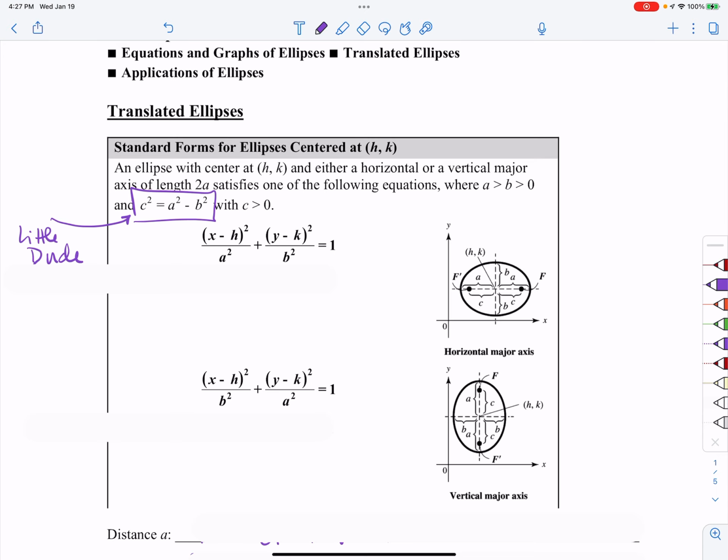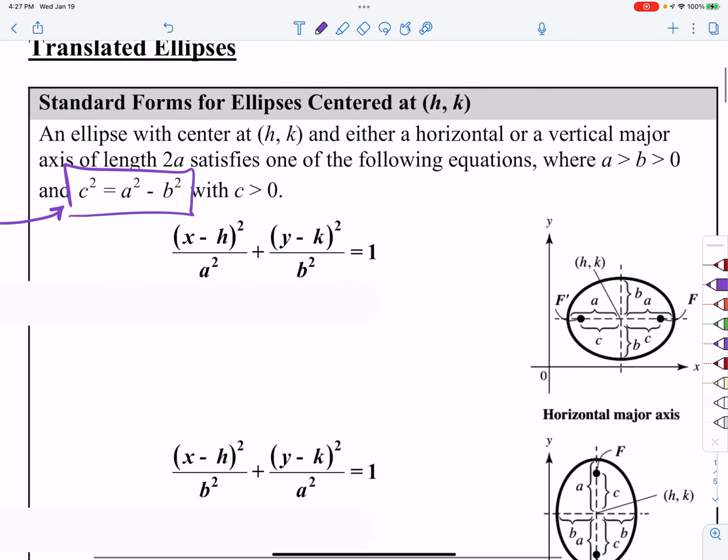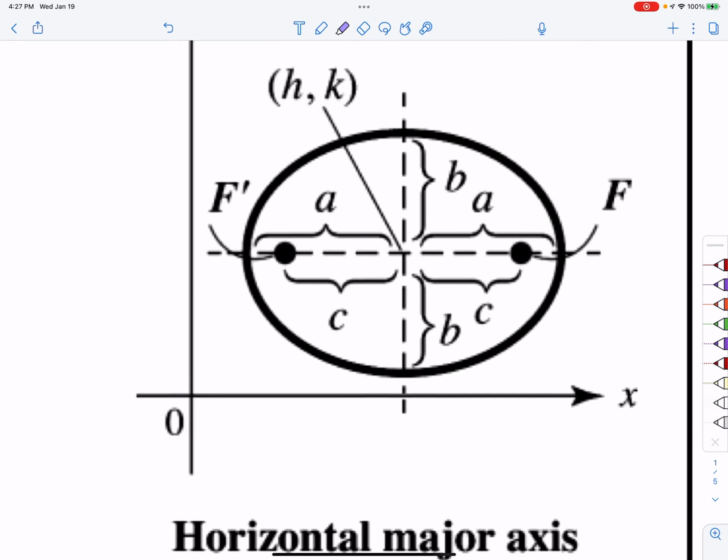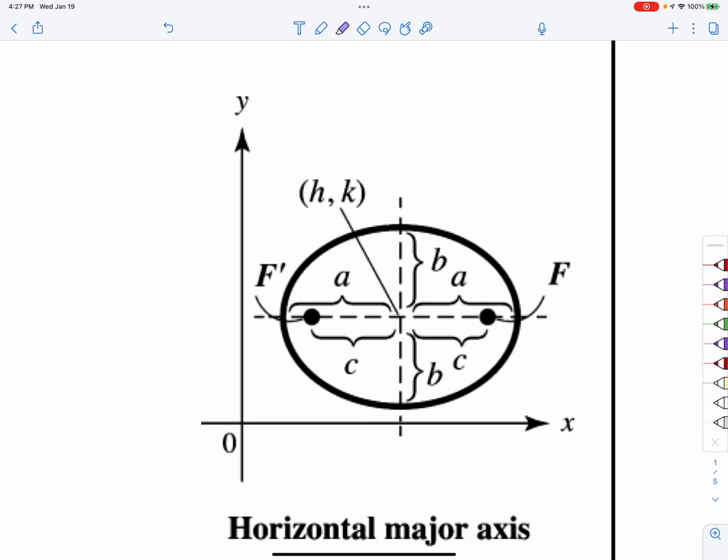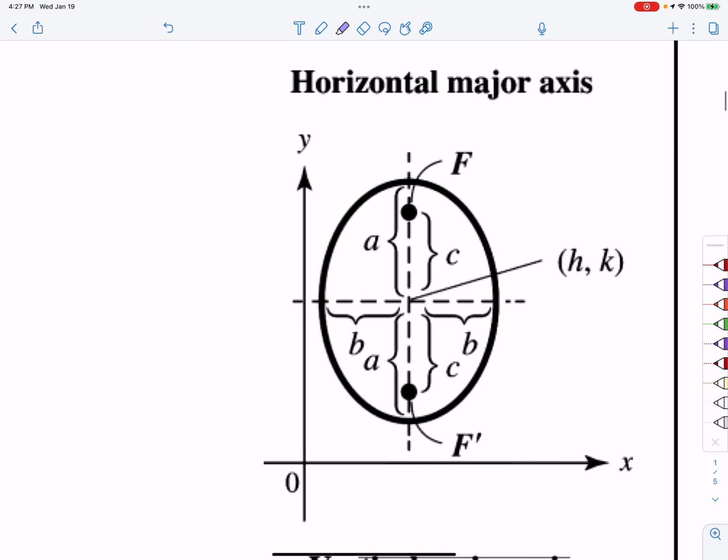So the first thing that you notice here is that it has its center at (h, k). And it's either going to be a horizontal or a vertical ellipse, and that all depends on the major axis. Before I get any further, let me just zoom in. You'll notice that this is a horizontal ellipse because it is elongated along the horizontal, whereas this one is more